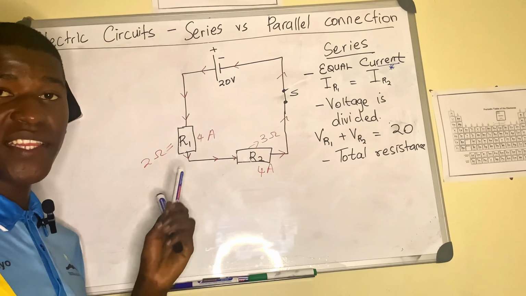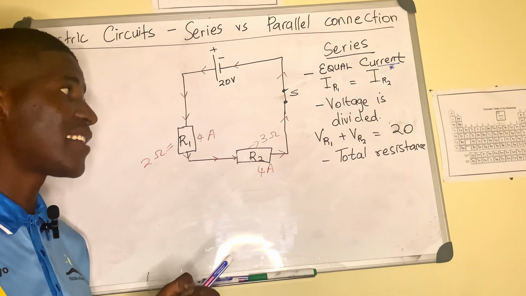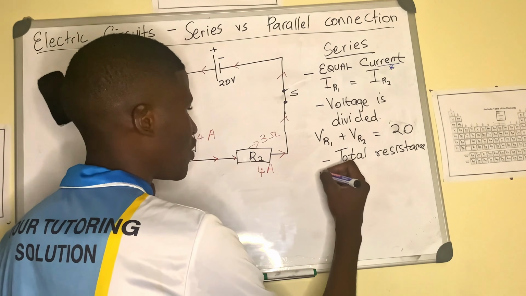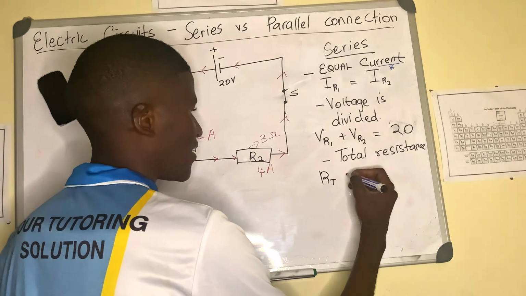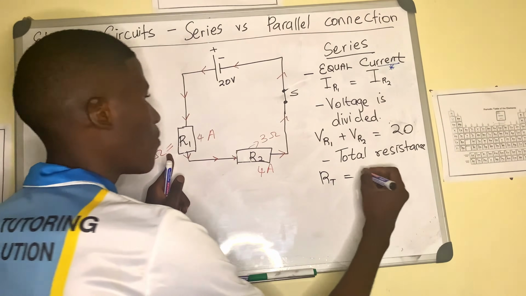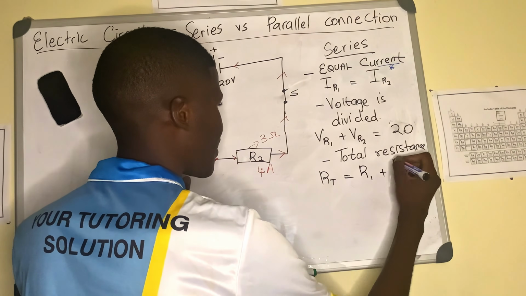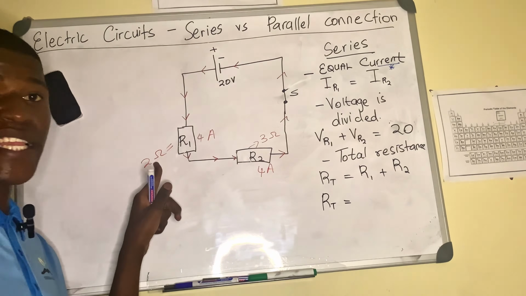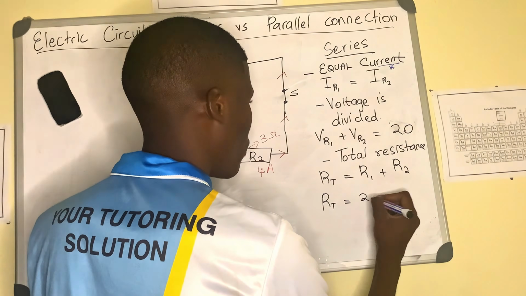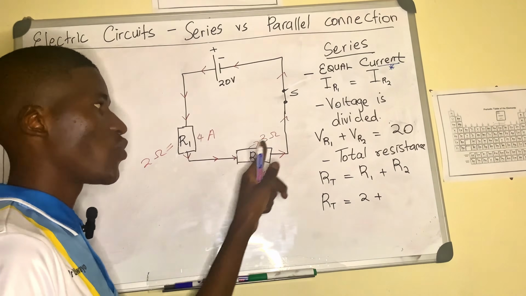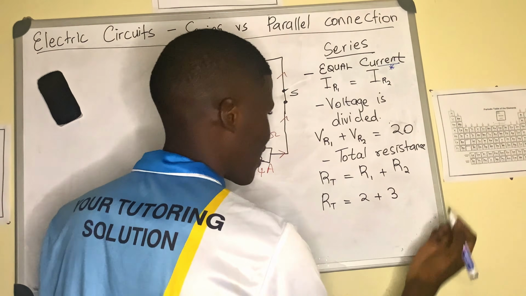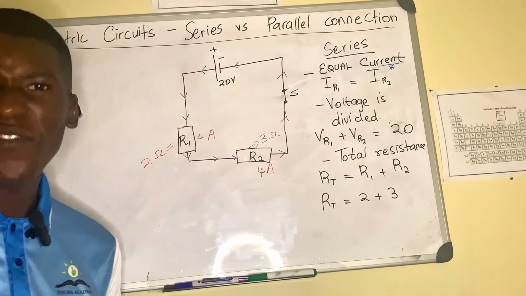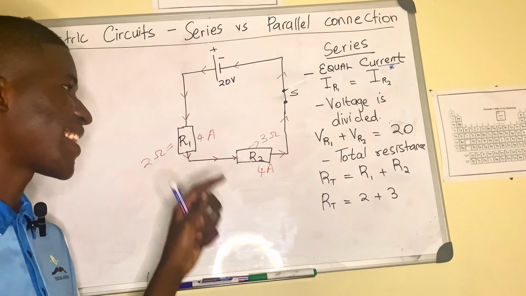So if they say calculate the total resistance of this series circuit, what are we going to say? We're going to say that the total resistance of this series circuit will be the sum of resistor R1 plus the sum of resistor R2. So here we'll add the resistance of R1, which is written 2 ohms, plus the resistance of R2, which is 3 ohms. I will say 2 plus 3. I'm sure here you are adding the resistances, guys. Don't add the currents. The currents are equal. You're not adding them. You are adding the resistances.